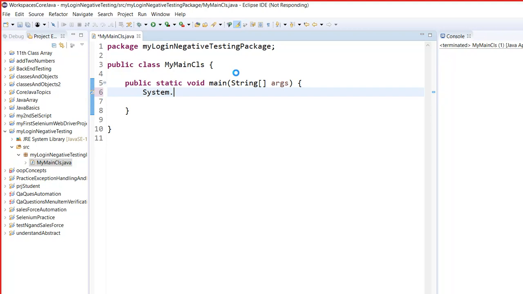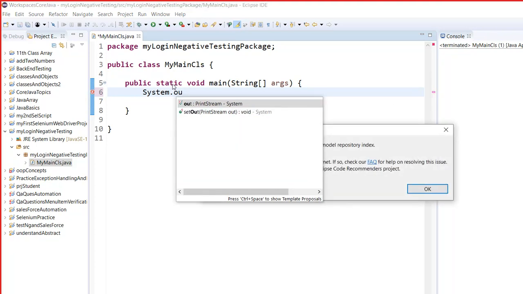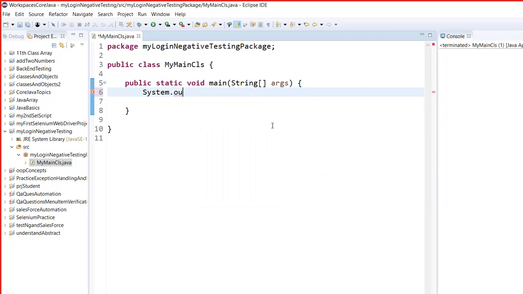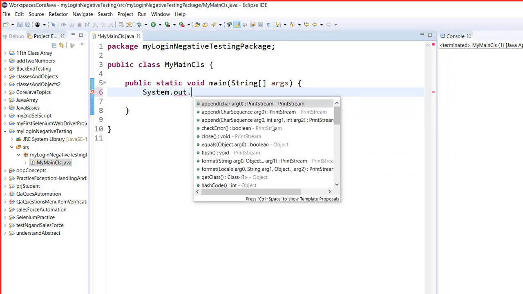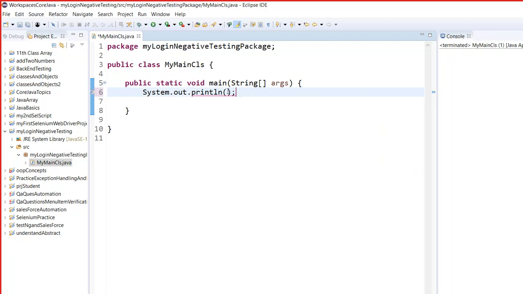System out, and then system out dot println to talk to the output. I'll put that, and I'll be putting a message here. I'll say hello, my code execution starts here. Okay. Now if you execute it,